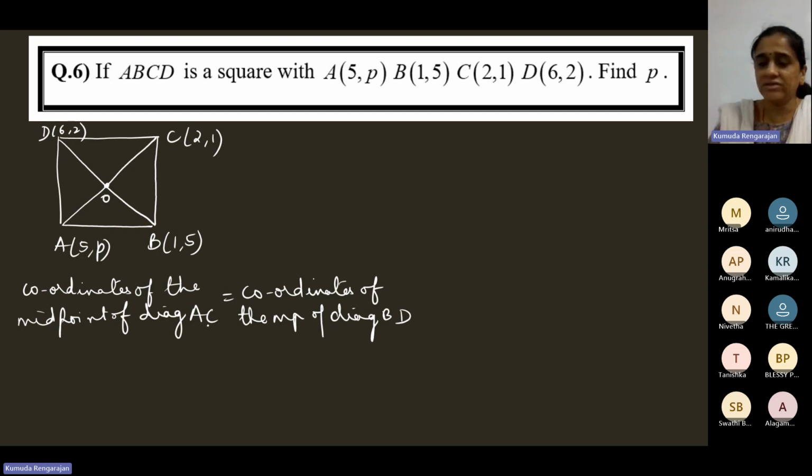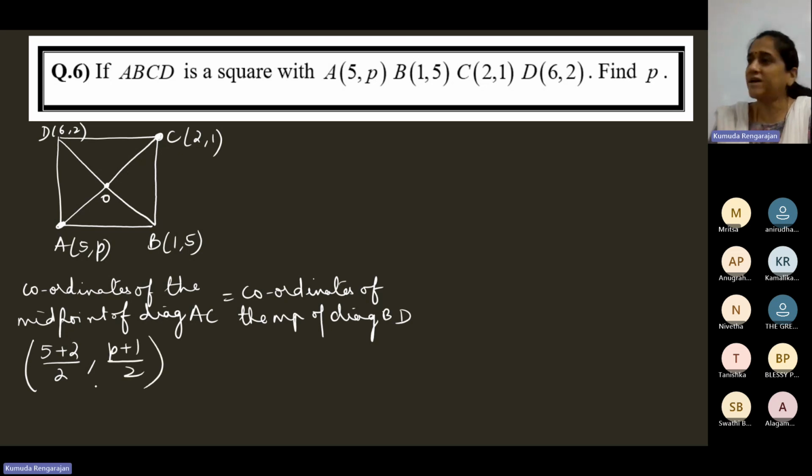Now for diagonal AC, you should use the coordinates of the vertices A and C. So 5 is x1, 2 is x2, or 2 is x1, 5 is x2. X coordinates are x1 and x2, y coordinates are y1 and y2. Okay, so what is it? (5 plus 2) by 2, comma, (p plus 1) by 2. This is the address of O